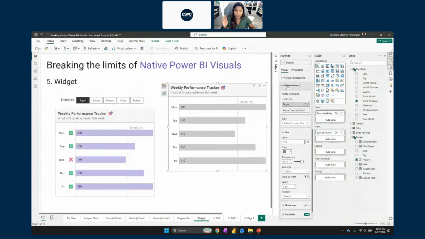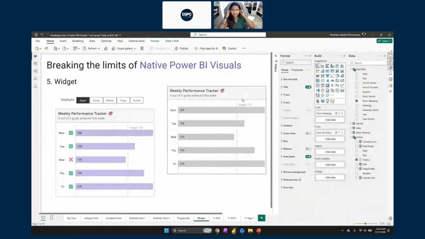So perfect. Now I have this beautiful widget that tells me that Mondays, Tuesdays, Thursdays, and Fridays are always above target, but Wednesday is below my target. A couple of things that you could do is color code them like we did initially. Use reds and greens. Now, at least at my organization, where accessibility is really important, reds and greens don't really make sense. People are not able to differentiate among them. So that's when we try to use these little icons.